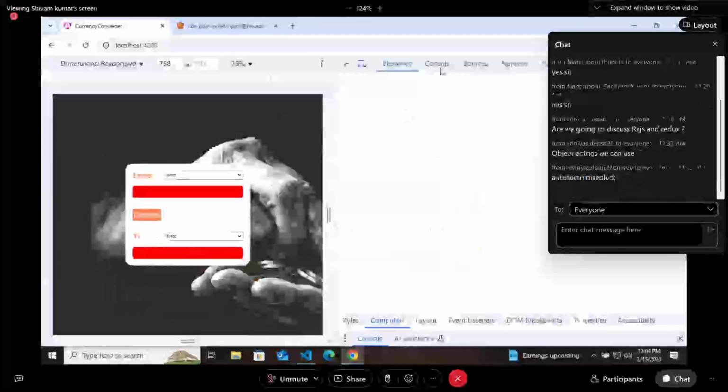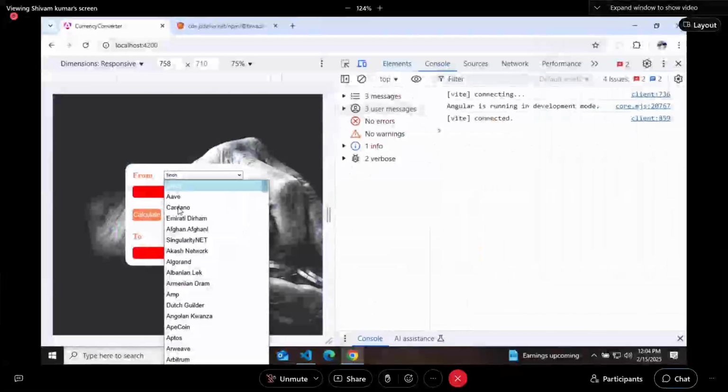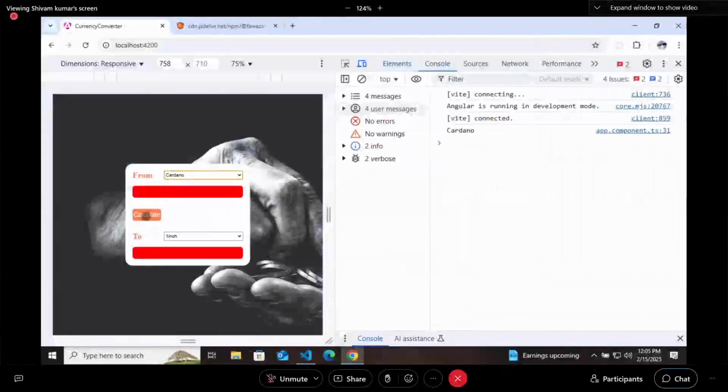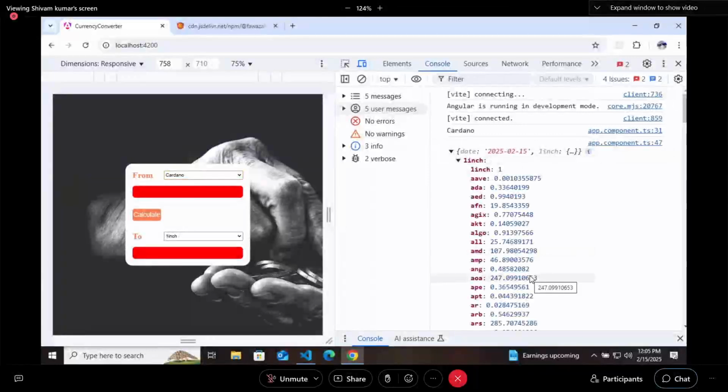Go there, go to the console and select here something like Cardano and click on calculate. And you got the data. For whatever currency you are selecting, you are getting that particular data here.